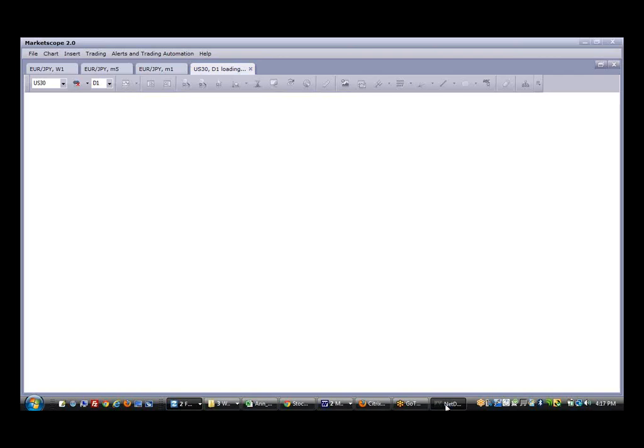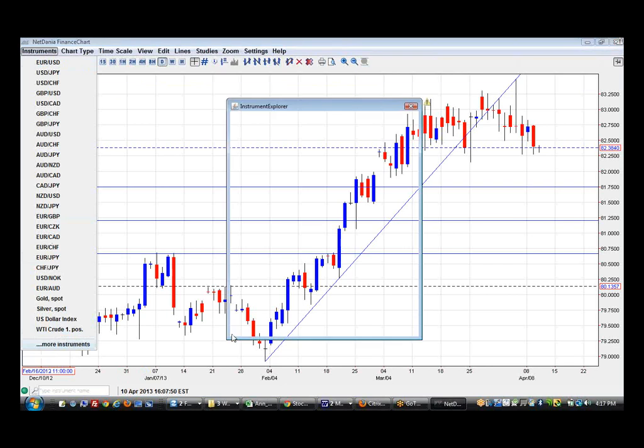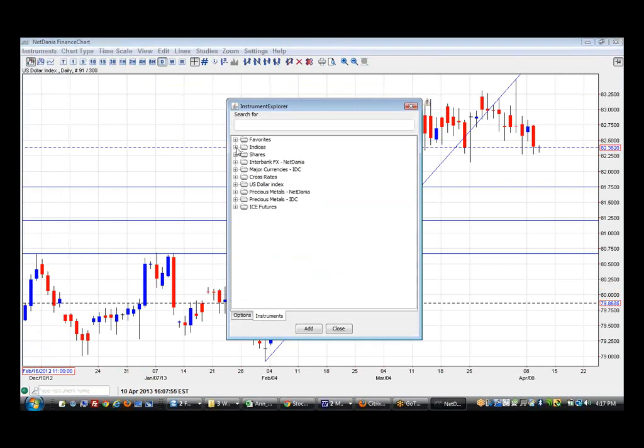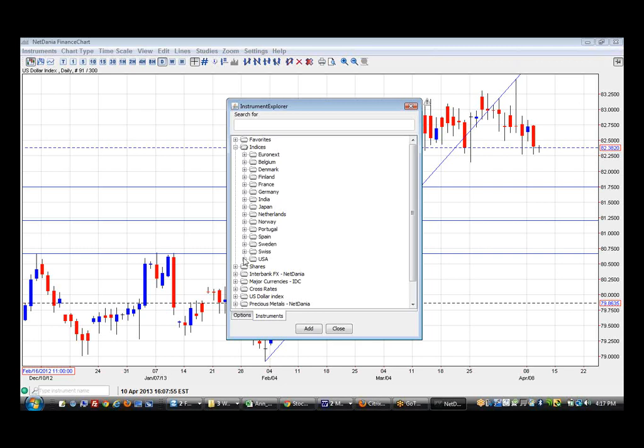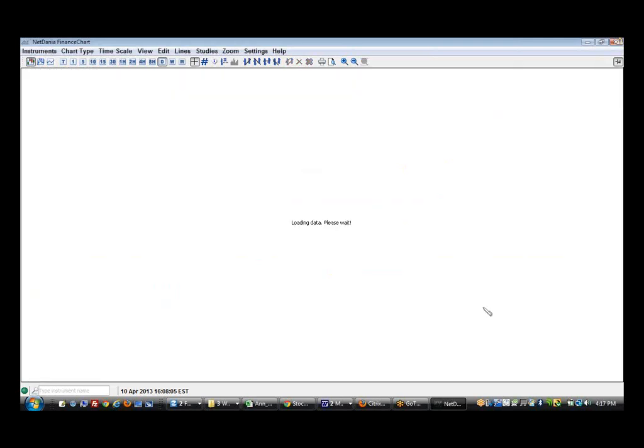It's not moving. Okay, let's look at here. So how you go is that we go to Netdania, just click on more instruments, indices. We go USA, Dow Jones Industrial 30, and then we add that, click on that, and let's see if